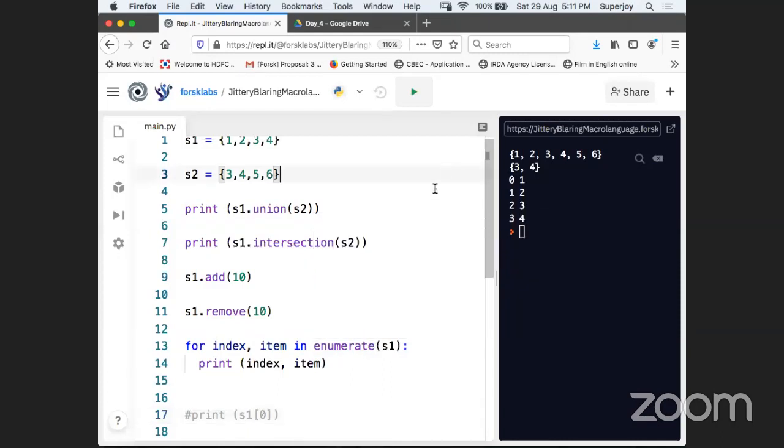So here you can see 1, 2, 3, 4, and then you're getting the indexes. But Ahmed, don't get an impression that you can use indexing in the S1. That is just because we are trying to iterate, right? And that's why it is giving you those indexes. But you should never use indexes, because that will give you an error, because that is unordered.